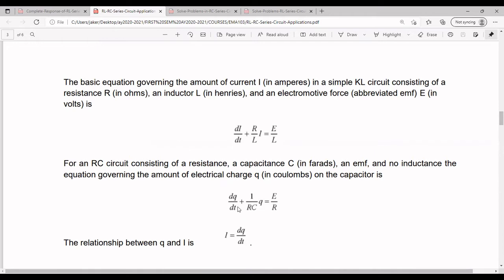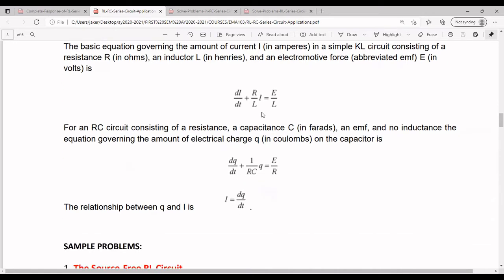For the RC circuit, your derivative is not anymore expressed in terms of I with respect to time, but this time it's Q with respect to time. The charge, the rate of change of the charge in your capacitor at any time t. And as such, your Q here this time is your unknown function. And your constants are at all times your resistance and your capacitance. And this E, just like the E in here, could be a constant or could be a function of the sine and the cosine. In both of these differential equations class,